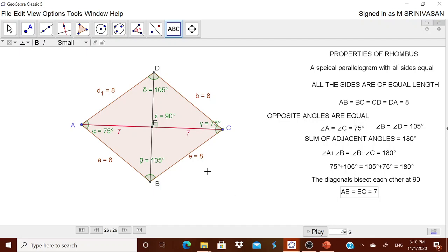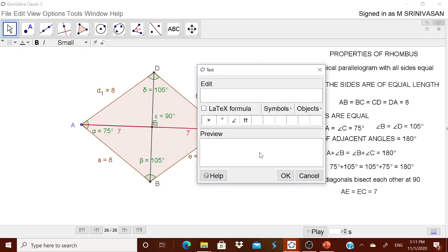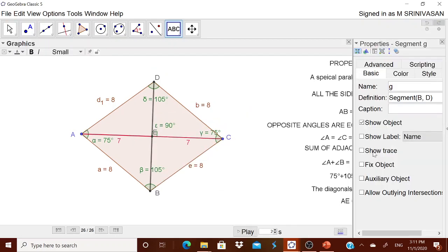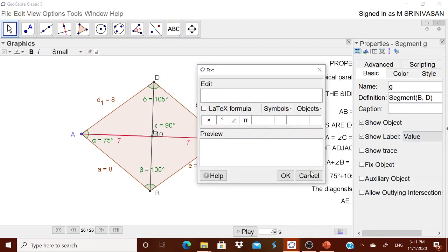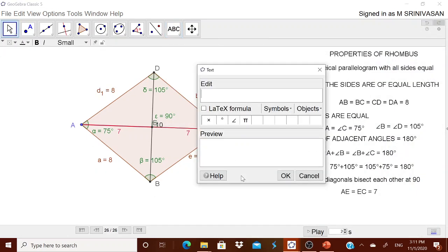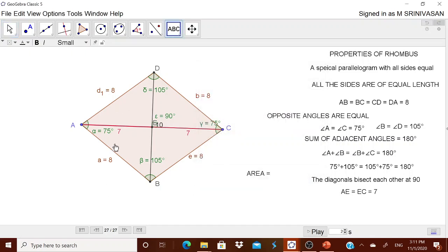Okay, now let us go for finding the area. Now you know the meaning of area. Actually area will be half into the product of the lengths of the diagonals. There are two diagonals you are having. Therefore let us go to diagonal number 1, where you can right click diagonal number 1, go to the object property and go for telling its value. Therefore it is showing it as 10. Okay, well, therefore you can tell the children that area is equal to what. You can ask the children what the area is. They will calculate it by simply multiplying the lengths of the diagonals. From here you can directly tell them this is the area.